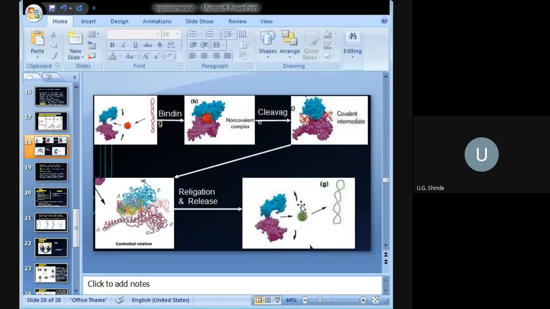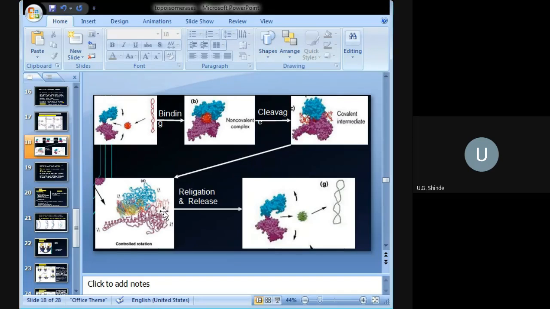topoisomerase 1B. In this diagram also we can see the first step is the binding of this topoisomerase, where it binds through a non-covalent reaction. In the next step a cleavage occurs in the single stranded DNA molecule, and after that, in the D diagram we can see the rotation occurs in the cut strand, the nicked strand, the broken single stranded molecule, and after the rotation